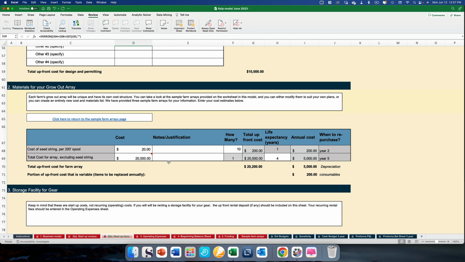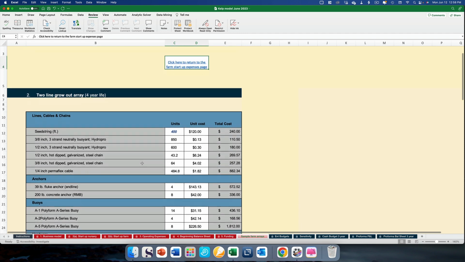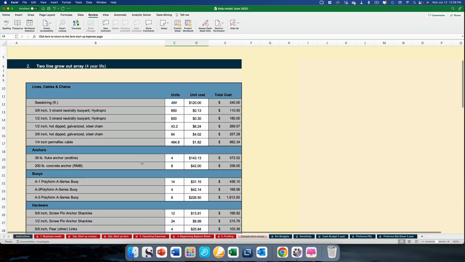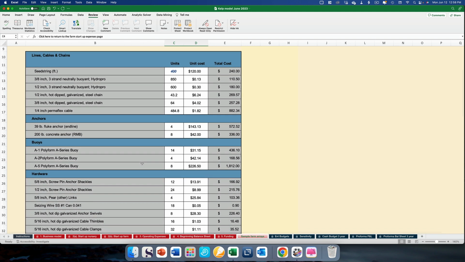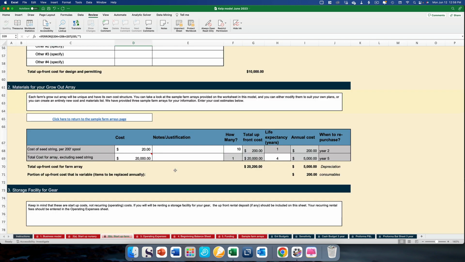Okay. So the rest of this spreadsheet, the grow out array, is like the most complicated and perhaps hard to understand the way that I've set it up. But the problem is, of course, that they're totally individualized, and so there was no way to create a template with every possible piece of equipment you could possibly want or need. So we made some templates that are customizable if you wanted to customize them to your own needs, or you can do your estimating outside of this model and just bring the grand total in. Okay. So the rest of this page